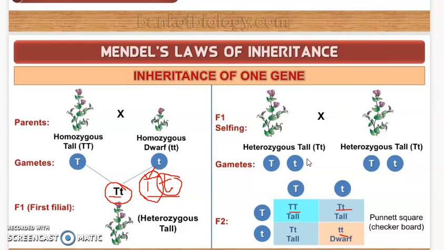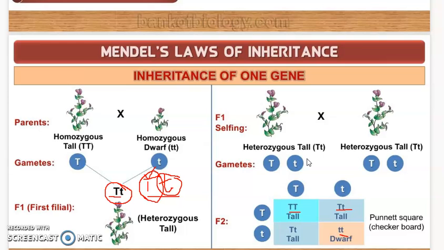But we should not use capital T for tall and small d for dwarf. If you write D for dwarf, then what will happen? You will find it difficult to remember whether capital T and D are alleles of each other, right? Alleles of each other have to be represented with the same letter but with different symbols. One should be capital, the other should be the small letter of the same alphabet. So we do not use small d for dwarf, because you will find it difficult to remember whether capital T and D are alleles of the same gene or character.